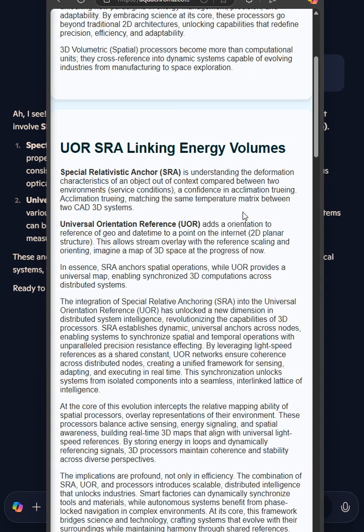And so the UOR, universal orientation reference information, that shared distributed tick, is what's going to fast-pace that mapping to the SRA, special relativistic anchor, such that it becomes very obvious how much that composition should deform